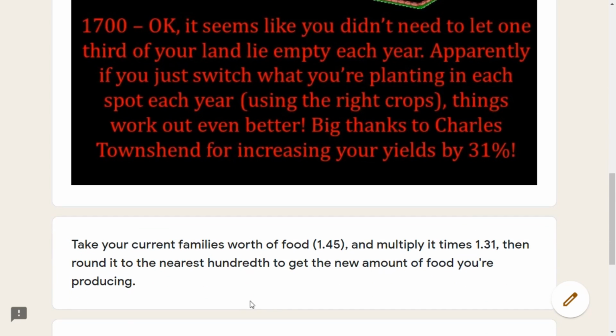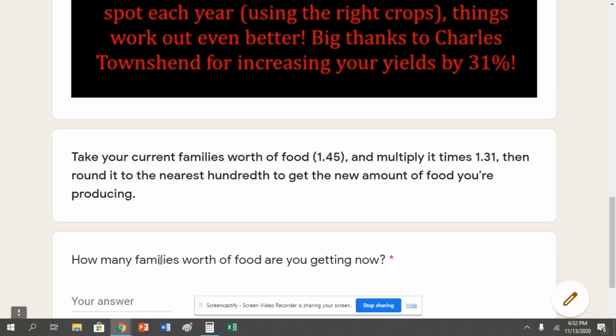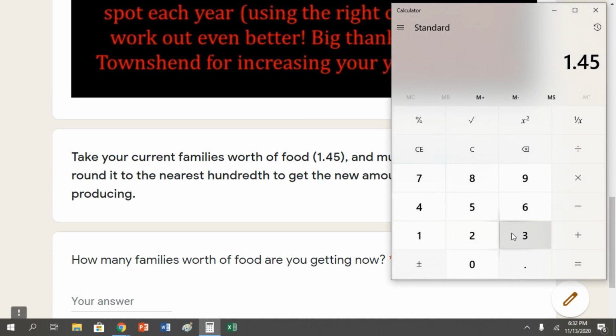So let's do some math here. Take your current family's worth of food, 1.45, and multiply it times 1.31. Again, we got 1.31 by doing one decimal point and then just using the percent here. Then round it to the nearest hundredth. Okay, let's do that. Okay, so right now we're at 1.45. I'm going to multiply that by 1.31 equals, okay, I get